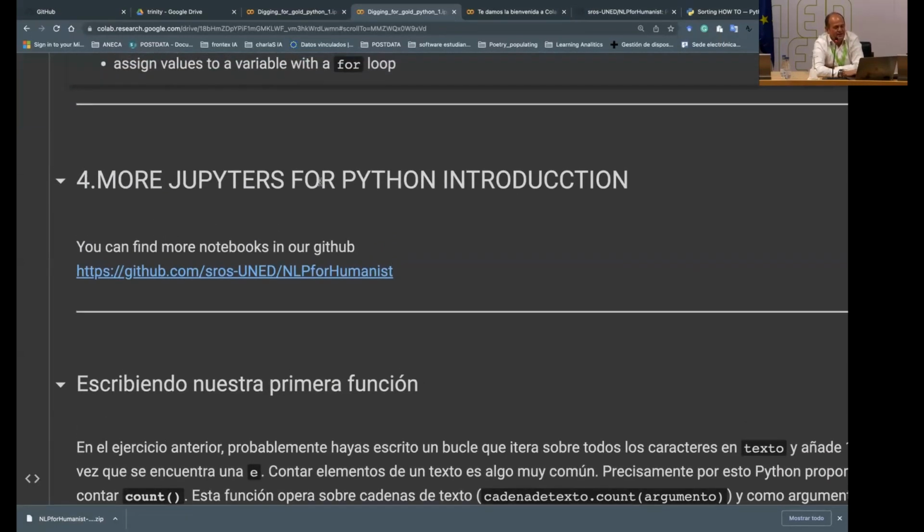Sorry. Okay, there are more Jupyter notebooks for Python, and they're on GitHub. In the GitHub there is more code: 00 Jupyter, 01 Jupyter, 02, 03 Jupyter. There is a lot of code explaining variables, loops, bifurcation, whatever is in the GitHub. If you download it, it's on your local machine, so you can use it. It's for free. It's Creative Commons. What you prefer, you can share, you can modify, you can sell if you want. If someone gives you money, it's perfect. And if they are making money, it's okay, perfect, because I'm